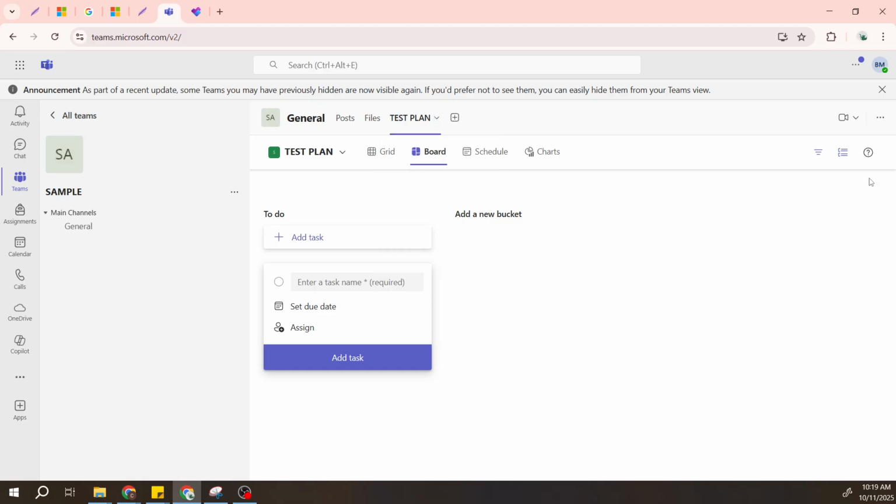And there you have it. In just a few simple steps, you've successfully added a planner plan to your Microsoft Teams channel. This will undoubtedly help you and your team stay organized and on top of tasks, ensuring that everything is moving